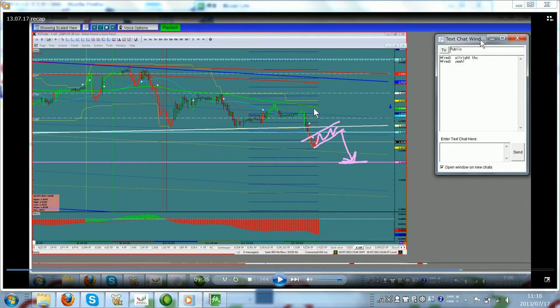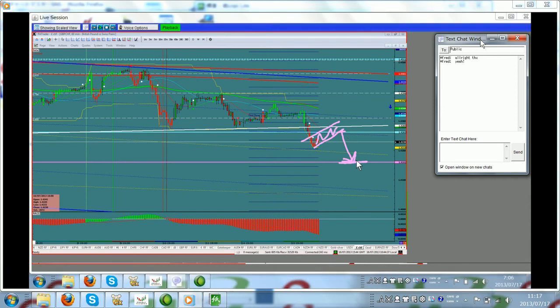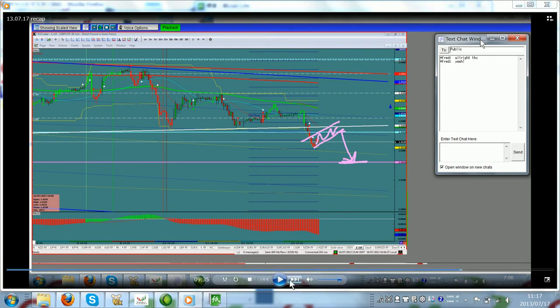41.61. So somewhere around 41.60, maybe as high as 85, we will see that happen,